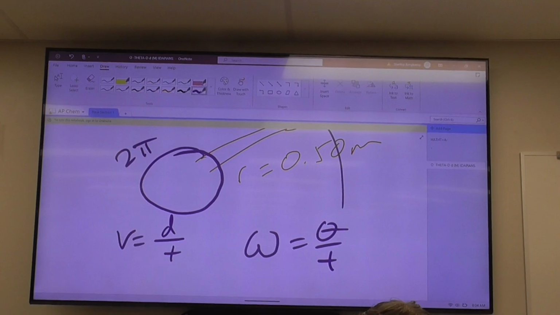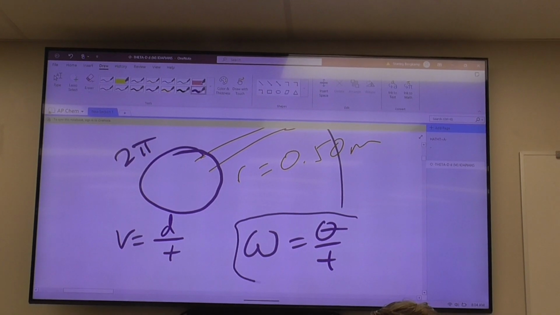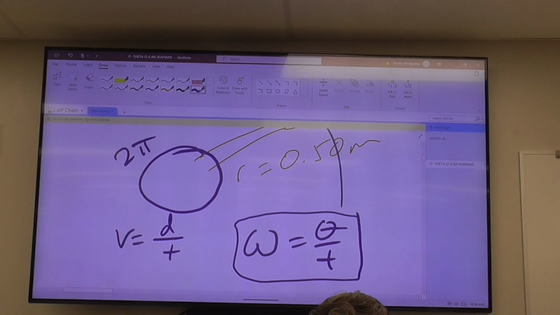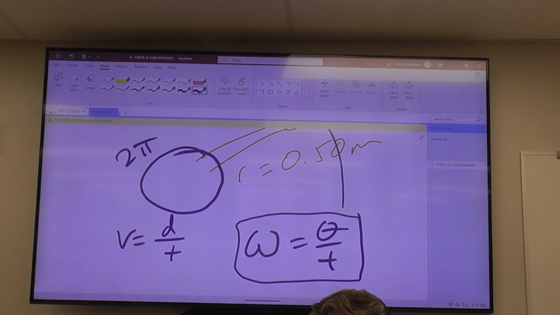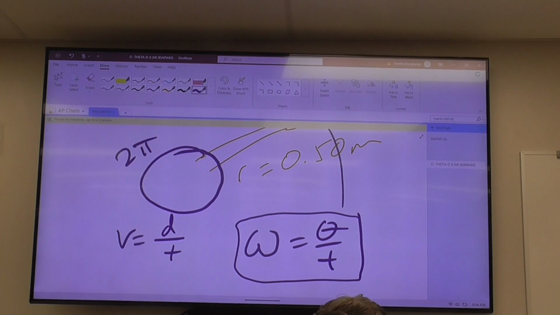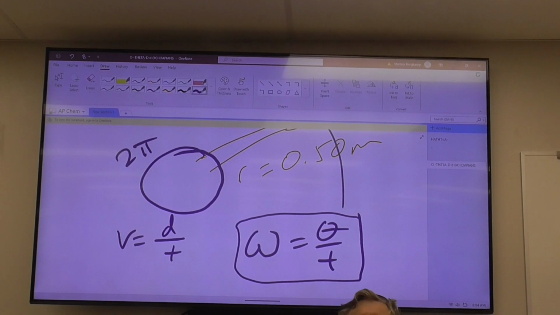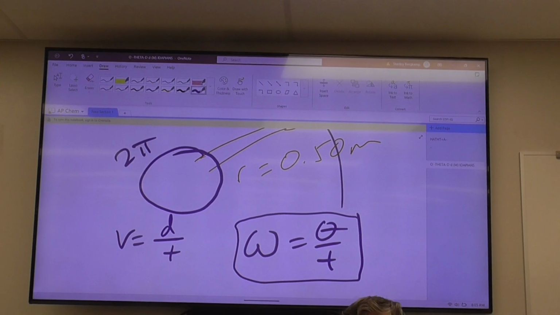So, if you look at this, notice that radius is not part of the story, okay? There's no way to put radius in there. What's the only thing you need to determine omega? Radians and time. That's it. So if my arm was twice as long and I was spinning at the same rate, guess what? Still be the same. Radius is not a factor. Now, however,